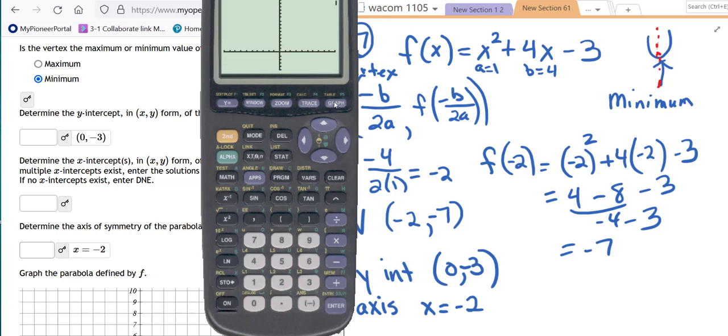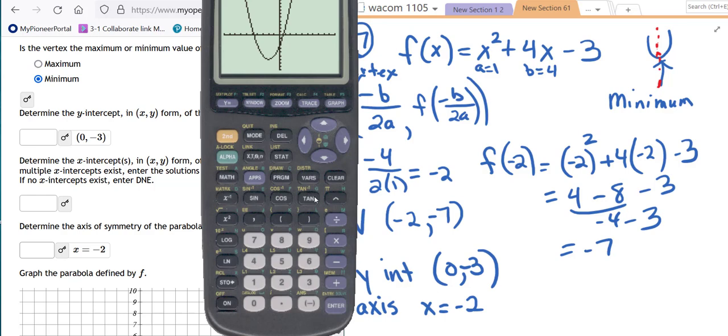Well, that's a fairly good picture. Let me see what my window actually is. I'm always bothered when the scale is not 1. I'm going to change it. I'm going to do zoom standard, and that will put it back to my normal 10, 10, and 1. All right, so